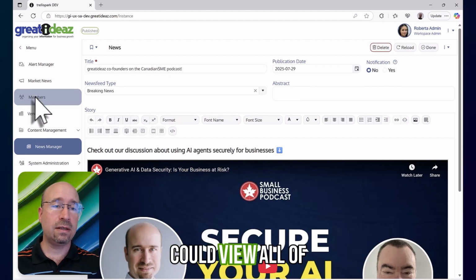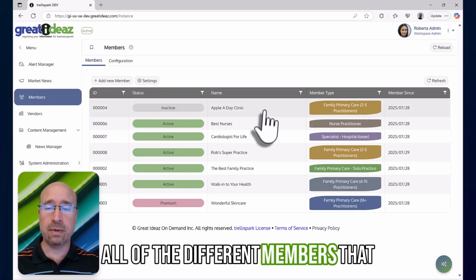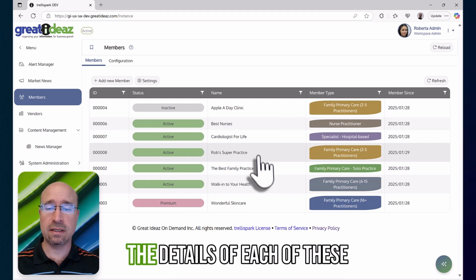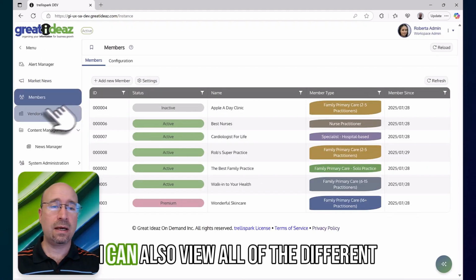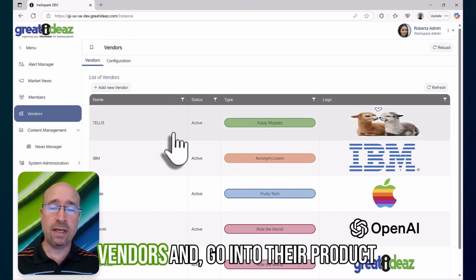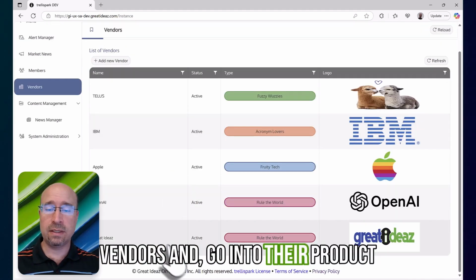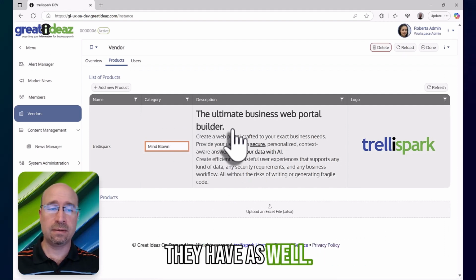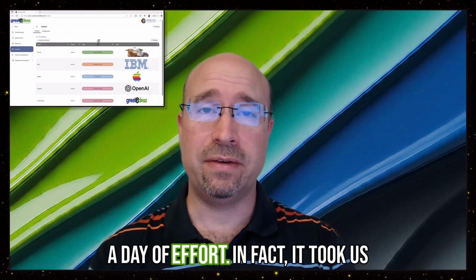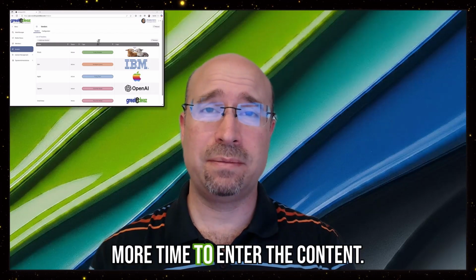I can view all of the different members that are on the marketplace and go into the details of each of these different members. I can also view all of the different vendors and go into their products and view whatever products that they have as well. All of that was done with less than a day of effort. In fact, it took us more time to enter the content